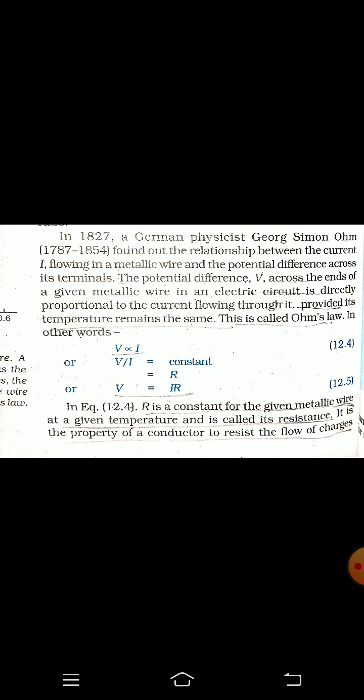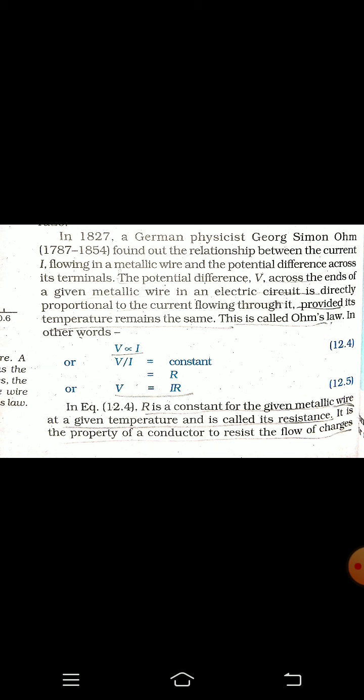How can we write it symbolically? It can be written as V proportional to I. Now, how did we get this? Through the activity we observed that the ratio is constant. You can see that in symbol form we have written V divided by I is equal to constant. That means we got V is proportional to I. V is potential difference, I is electric current. So from the Ohm's law statement, we can write V is proportional to I.